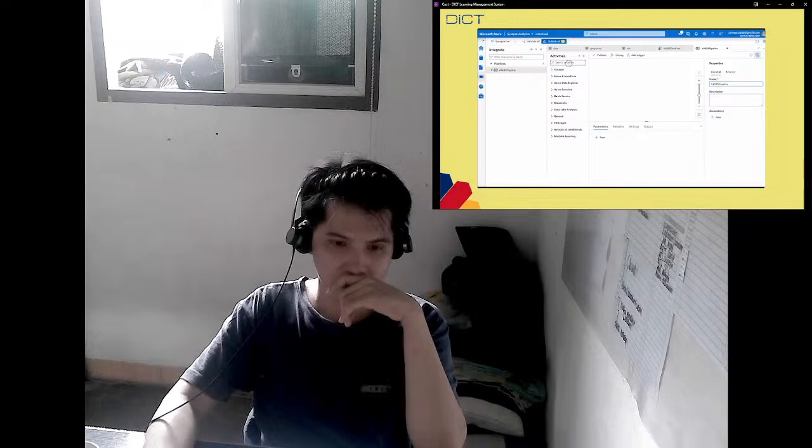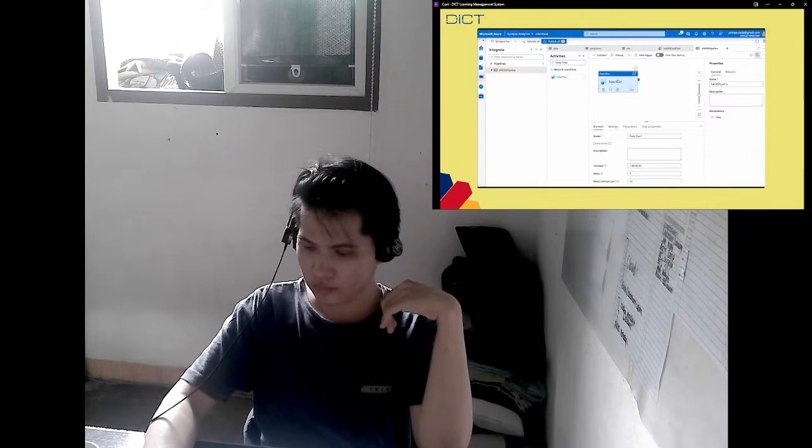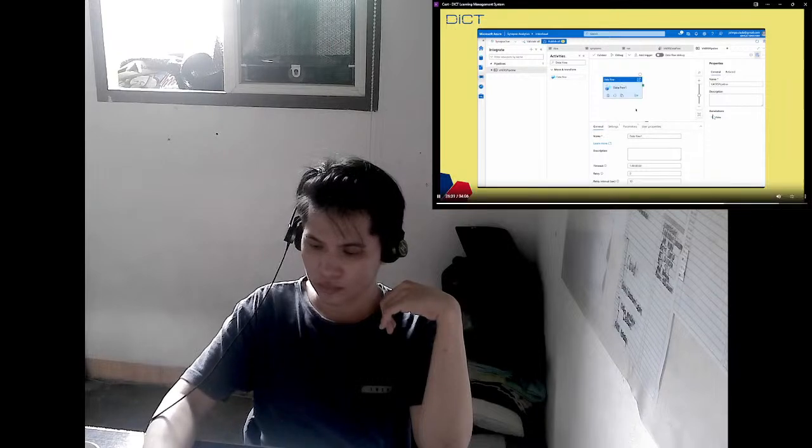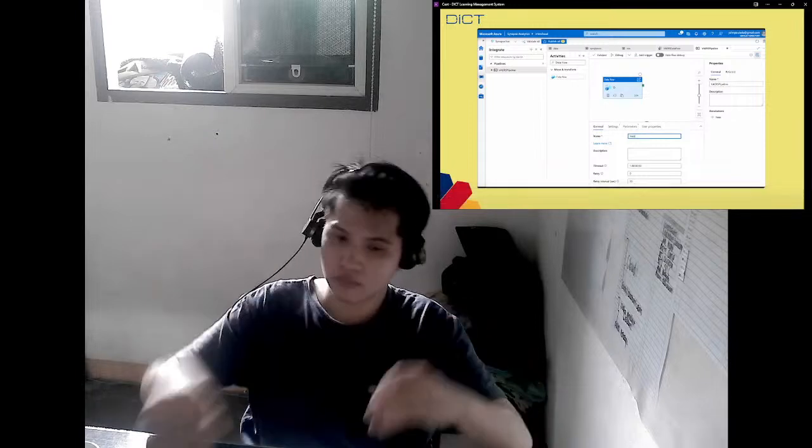So one such activity is actually data flows. So you can search here on the left side, we have data flow. We can drag that in there. So it's a drag and drop interface, and we can rename this VARS